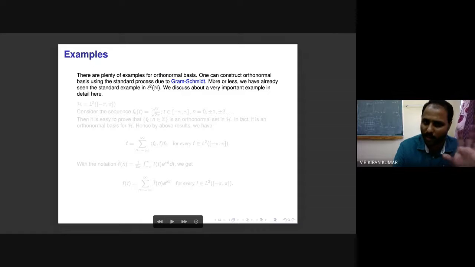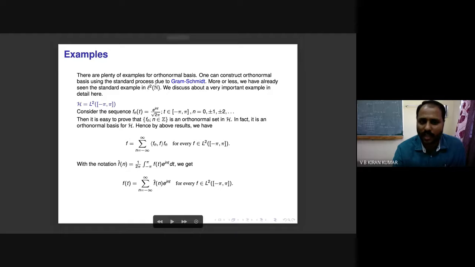So there are plenty of examples of orthonormal bases, and the standard example in L2 is something which we already discussed. And in L2(-pi, pi), this is a very important example. You consider f_n(t) equal to e^{int}/square root of 2 pi, where n varies over the set of all integers. Now it is an easy exercise to prove that it's an orthonormal set. It is an orthonormal set because the inner product of f_n and f_m means the integral of f_n times f_m bar,